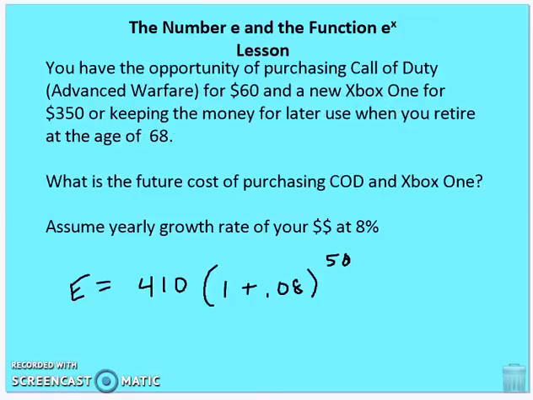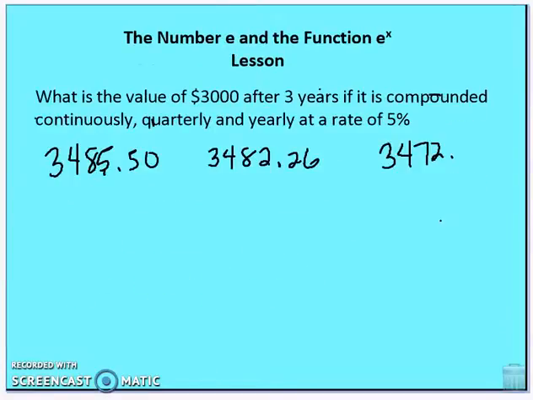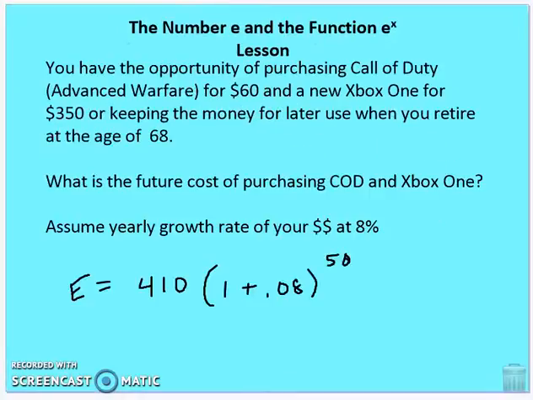Let's take a couple more problems here. All right, so you can do the same problem for $3,000 invested 3 years continuously, quarterly, and yearly at a rate of 5%. And take a look at these numbers if you want some more work. And then lastly,